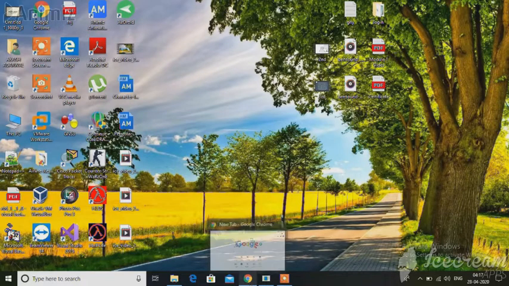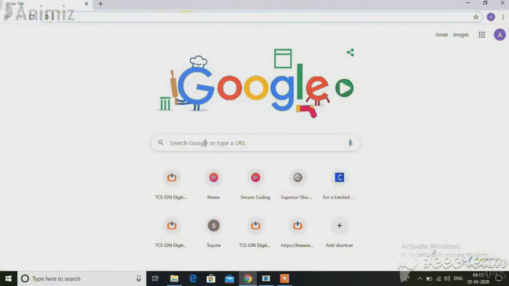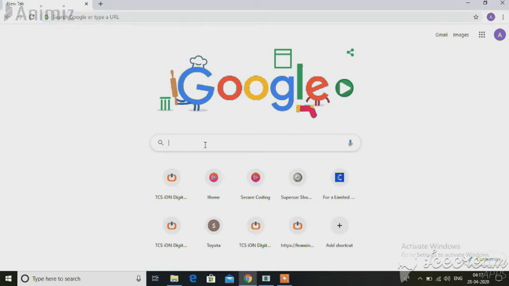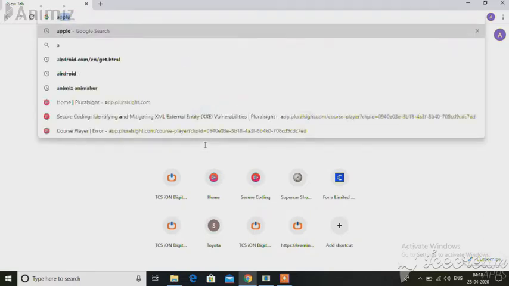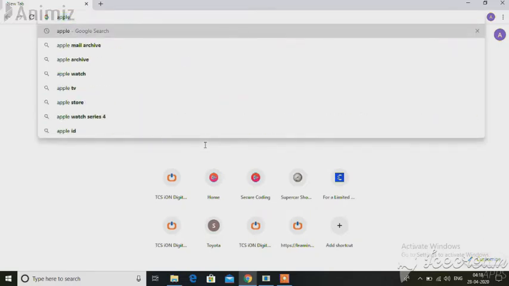So first of all, we will go to google.com and we enter information about the organization. We want to gain information about the organization, so enter its DNS name. I will go for apple.com.